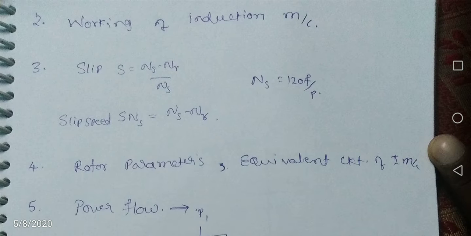Okay, and one more. The rotating magnetic field magnitude depends upon the number of phases: number of phases by 2 into pi m. If the number of phases is 3, then it is 3 by 2 pi m. And the rotating magnetic field speed depends upon frequency. It is directly proportional to frequency and inversely proportional to poles.